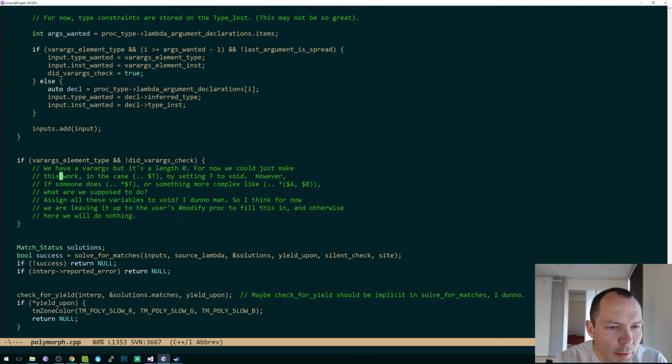It looks to me like if we're testing against varargs, we test the first one and skip subsequent ones, which would only generate one match, which would be a more sane way of doing it. Okay,